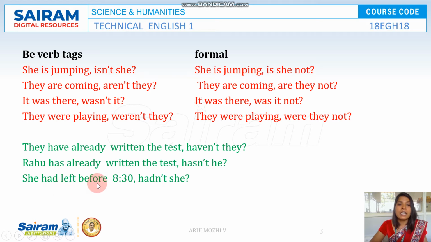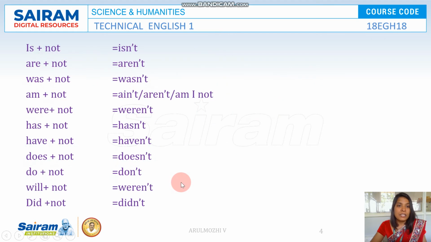She had left before 8:30, hadn't she? Okay. So how are these negative be verb forms made? Is plus not becomes isn't, are plus not becomes aren't, was plus not wasn't, am plus not becomes ain't or amn't. Sometimes it is rarely used as ain't or aren't, but the formal and common way of making it is